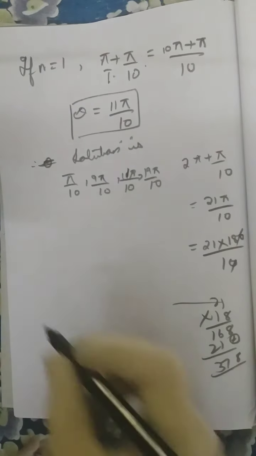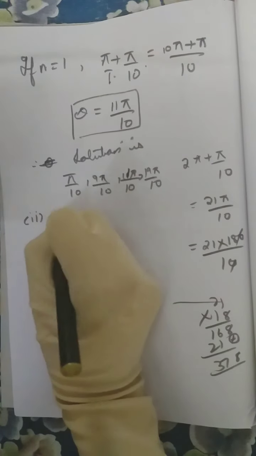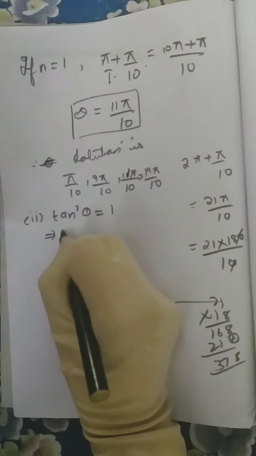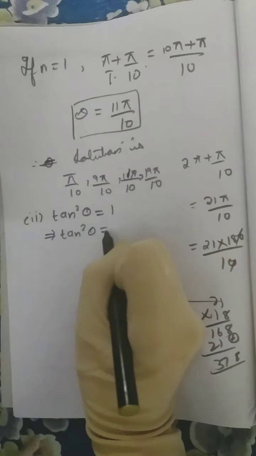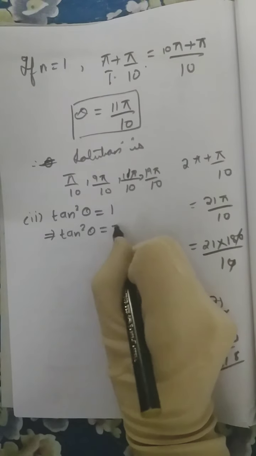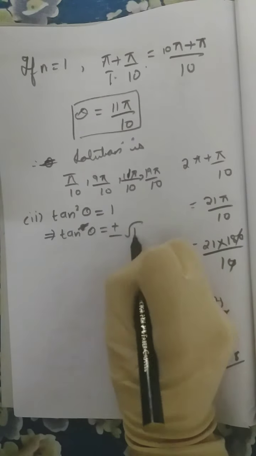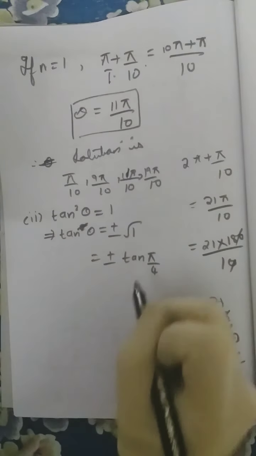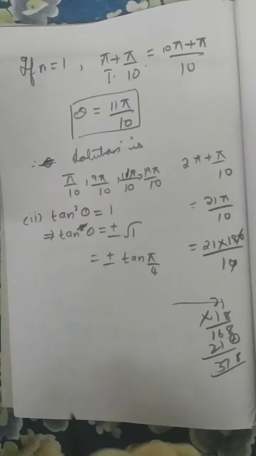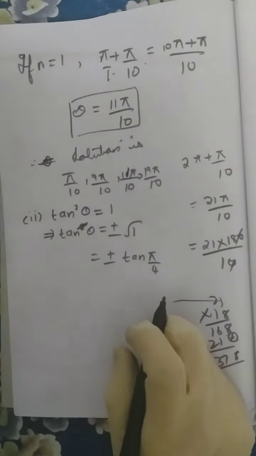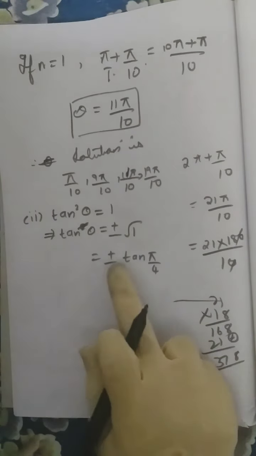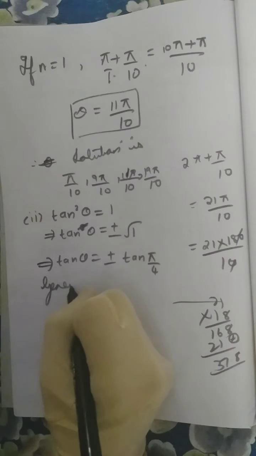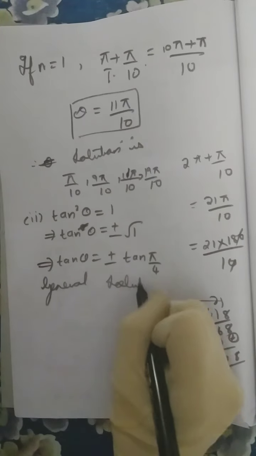The second bit is: solve tan square theta is equal to 1. Now I know tan 45 is 1. And the square, if I send it to the other side, becomes plus or minus root 1. So it becomes plus or minus tan pi by 4, because 45 can be written as pi by 4. So I have my value of theta as either plus pi by 4 or minus pi by 4. If I compare both of them, I get my general solution as